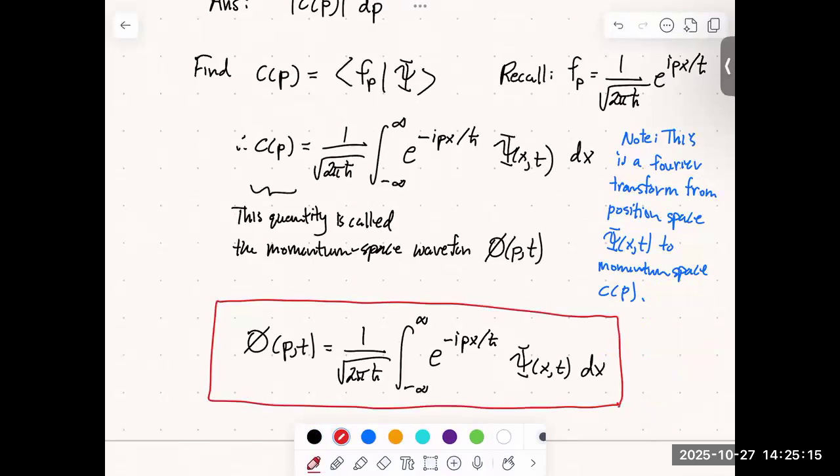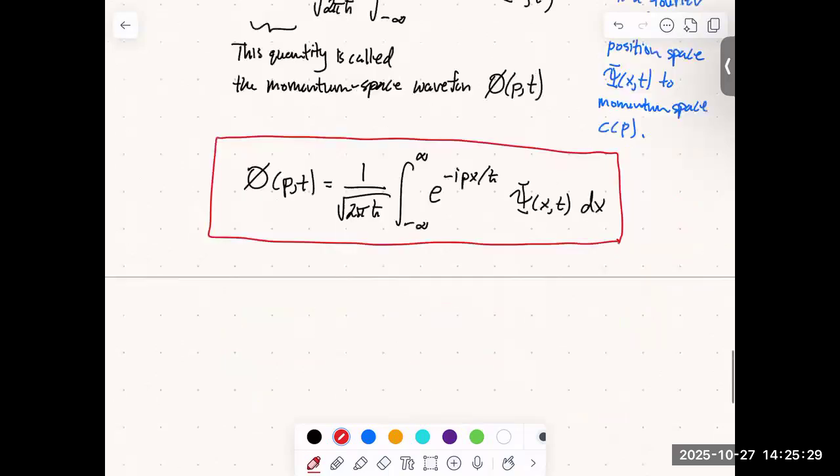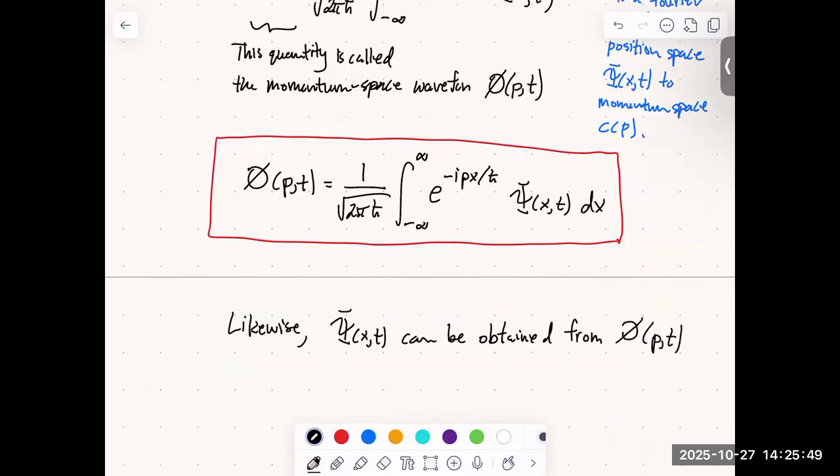And we can go the other way. If I had my phi of p,t and I wanted to figure out my psi of x,t, I would do the inverse of this transform. So likewise, psi of x,t can be obtained from phi of p,t via